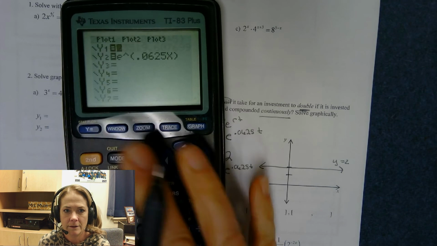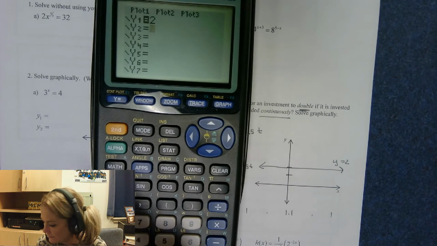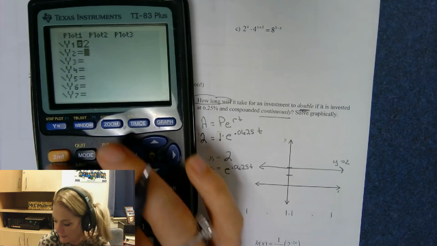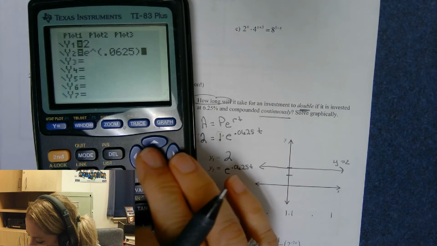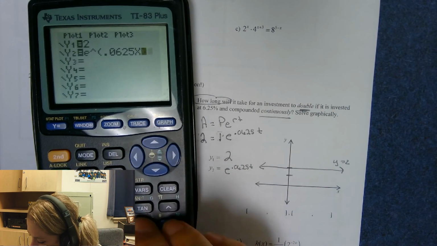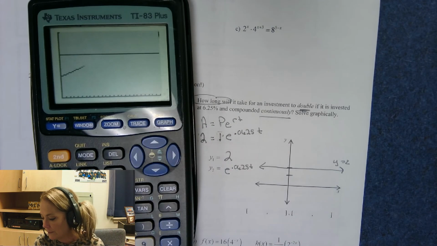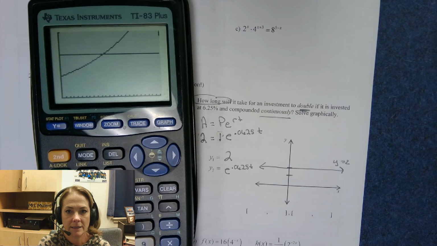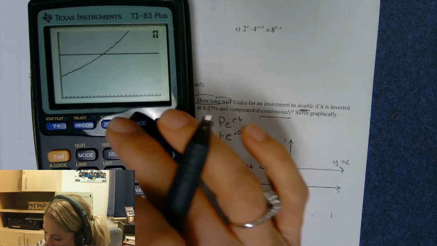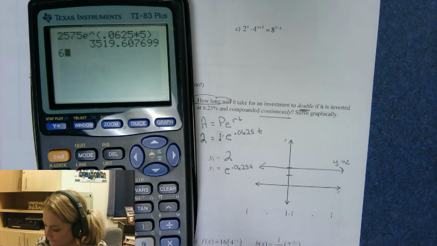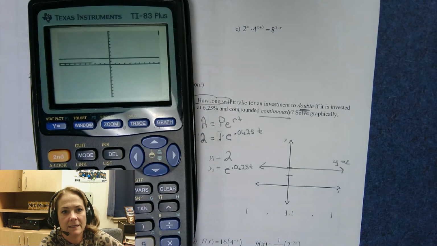All right, and so here we go. So let's go here and graph. That's where I did it yesterday before I lost sound. Anyway, so we're going to put in e to the 0.0625, and instead of t here, we're going to use x. Put that all in parentheses so the calculator knows what to do. Okay, so you go and graph, and I've already changed my window again when I did this problem yesterday, before I realized I had no sound on. So I'm going to go to Zoom 6. And what would happen here is if you had a Zoom 6, you would see this,